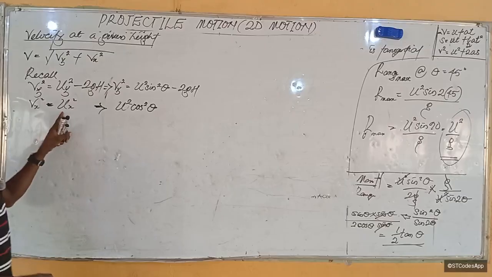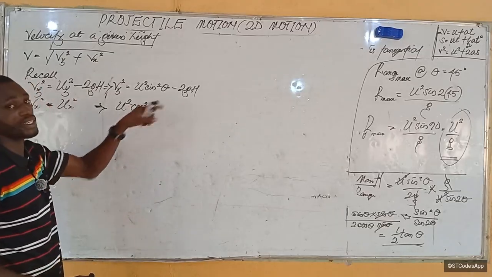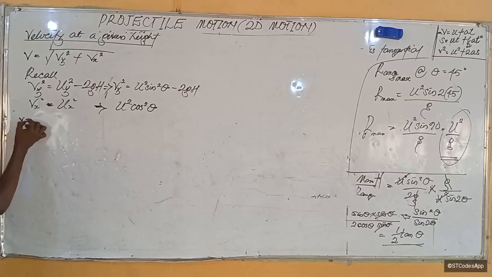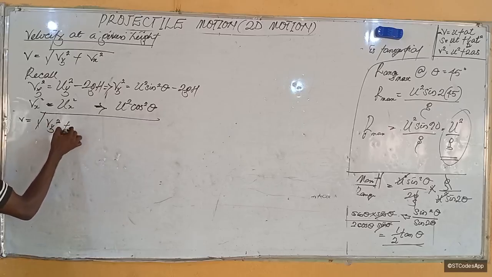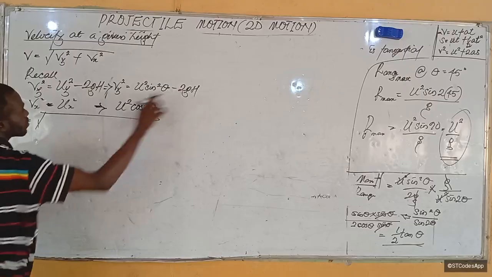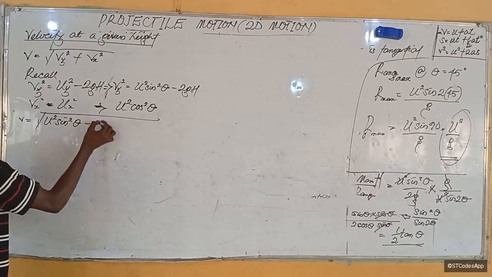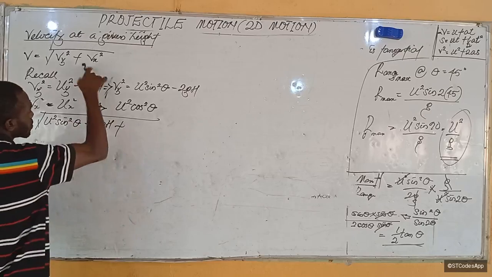It doesn't change because u sub x is u cos theta, so when you square it, it will be u squared cos squared theta. Let's now impute this into the equation. So the velocity at a given height will give us v sub y squared plus v sub x squared, where v sub y squared is all of this: u squared sine squared theta minus 2gh, then plus